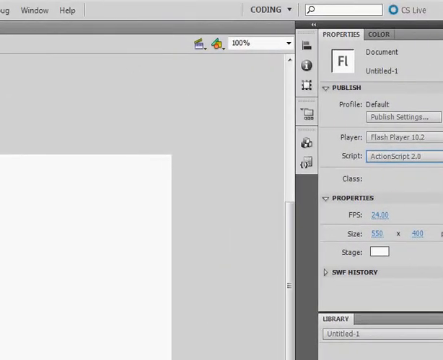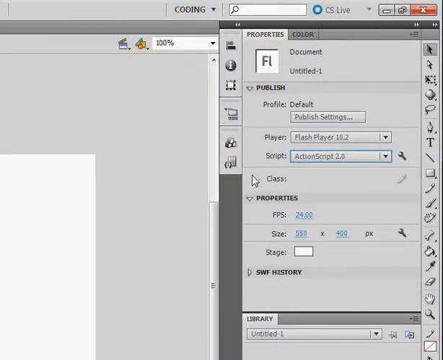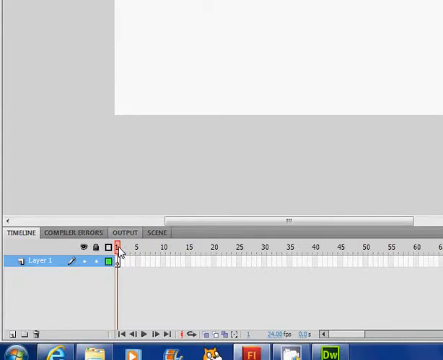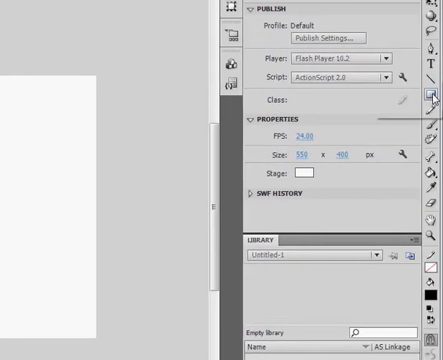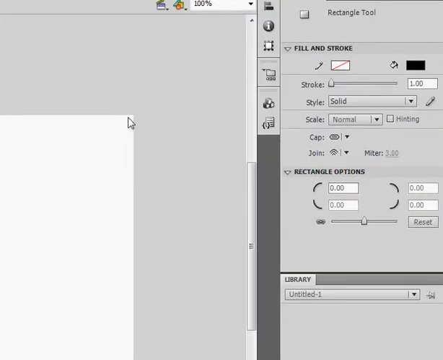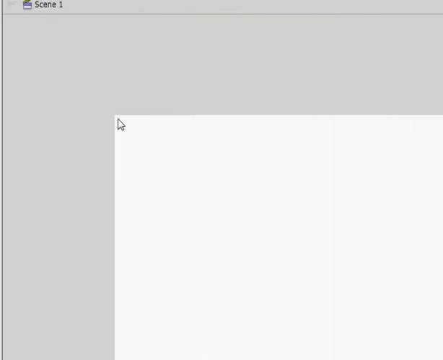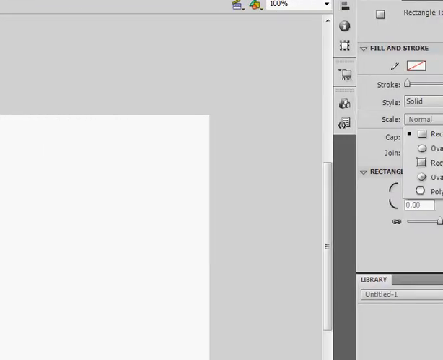I'm going to show you how to make an AS2 website on Adobe Flash. This is part one. We're just setting up and going to set up some functions here and there, but not a lot. Okay, so start off with the rectangle tool,